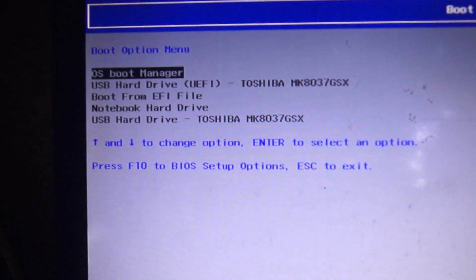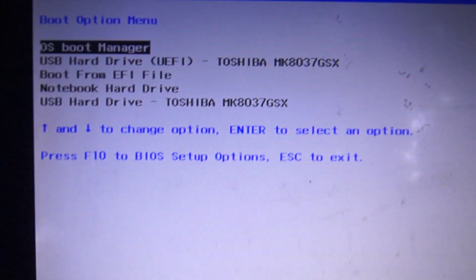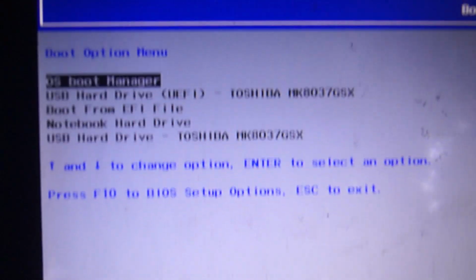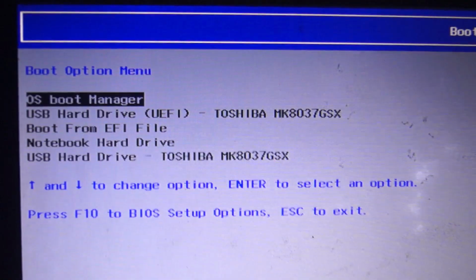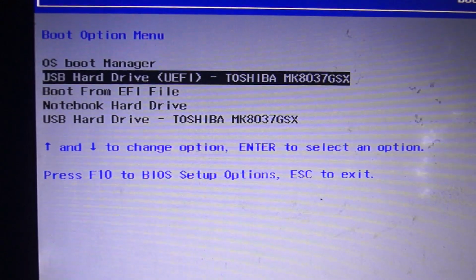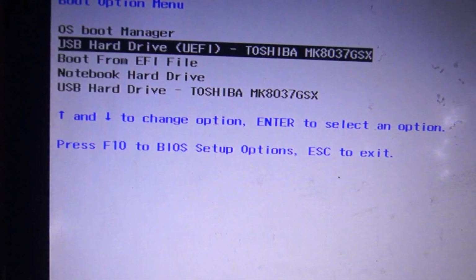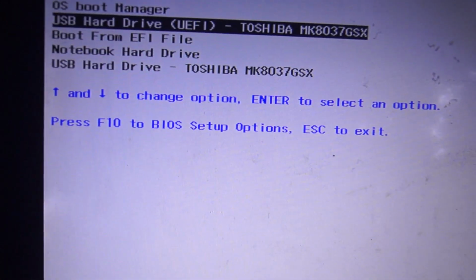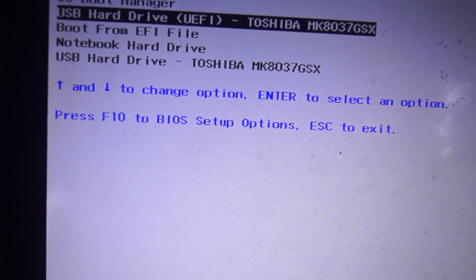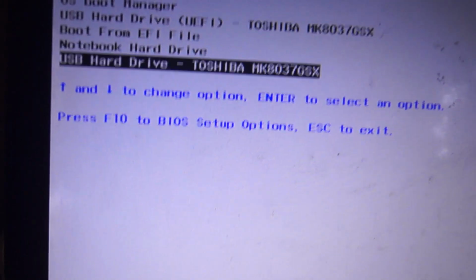So I'm using an HP machine. With the HP machine, the boot menu is F9, once you power on the device. On legacy, you see it has now identified our external as a USB disk. However, it is now classifying it as an UEFI. But what should we do? For us, we move down to one of legacy,